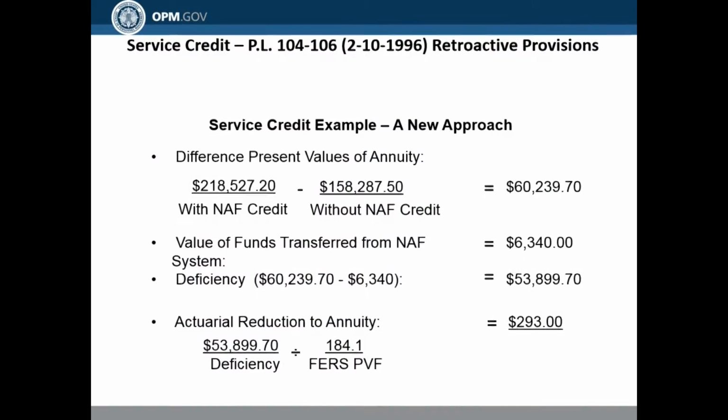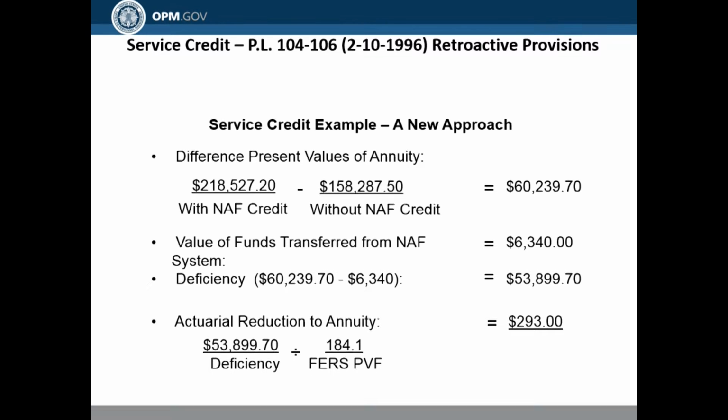Now, before I even go into this, this is really the breakdown of how we compute an actuarial reduction. If any of you have heard my presentations before talking about service credit provisions as far as actuarial reductions go, what an actuarial reduction is, if you look on this slide, you'll see a present value factor. That present value factor is actually dependent on the age that you are. So what we're dealing with here is a present value factor that's linked to your age.